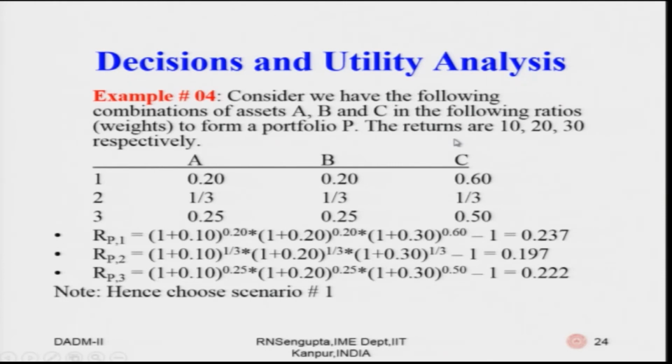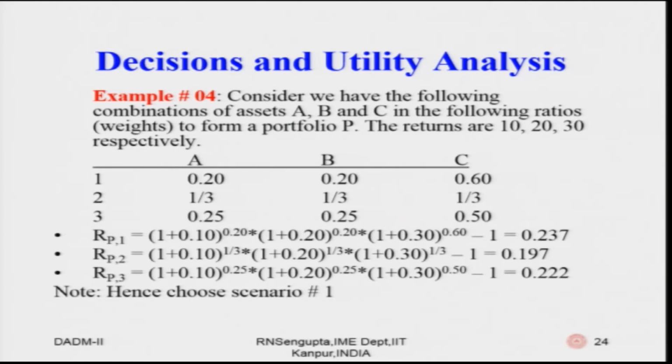So, let us focus our attention on this problem. Consider we have the following combinations of assets. Assets, again I am using in a very general sense, it can be any decisions, any projects, whatever, A, B, C, in the ratios where the returns are 10, 20, 30 respectively. And we consider that A has this combination of the assets, ABC, for portfolio 1 or decision 1 is 20%, 20%, 60%,